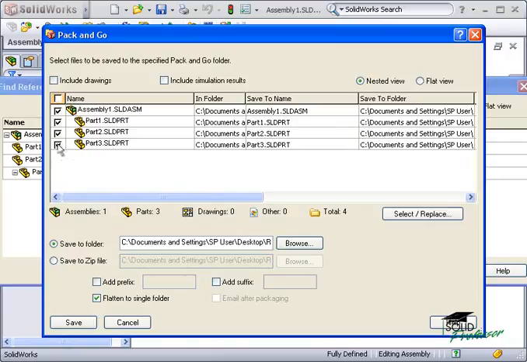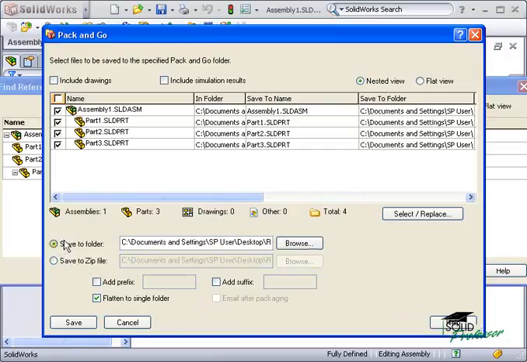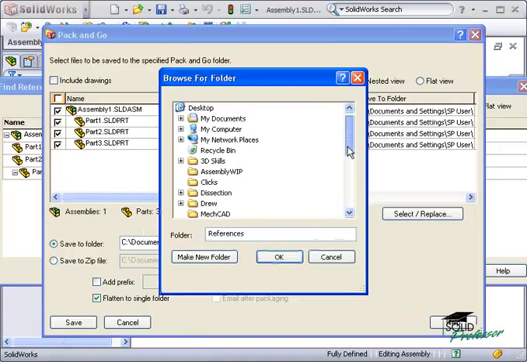Here at the bottom, I can choose to have all of the selected files saved into a folder, or I can have all of the files zipped up together into a zip file. If you're planning on emailing the copied files, I recommend using the Save to Zip File option. When I select it, I'll also have the option of having SOLIDWORKS automatically create an email with the zip file attached. For this example, I'll leave this option unchecked and use the Save to Folder option instead. I'll click the Browse button to specify a location and a name,